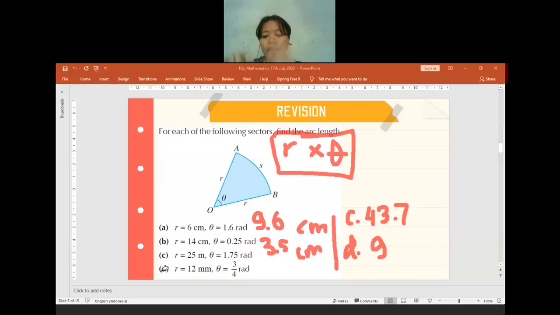There are two tables, one on the left side. It only works when the angle is given in the degree unit, and the other table on the right side only works when the angle is given in the radian unit. You cannot mix and match by yourself. You have to follow the formula depending on the unit given, whether it is radian or degree. Is it clear enough?